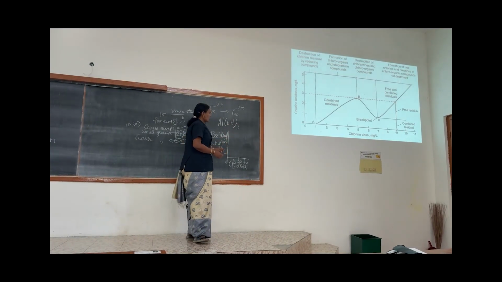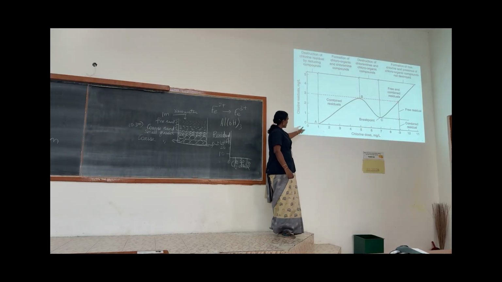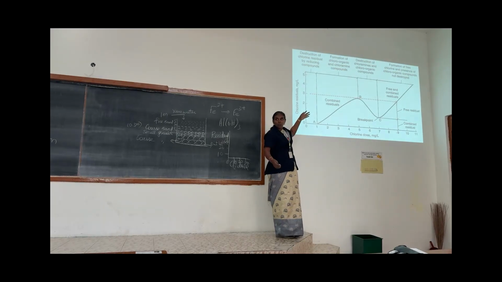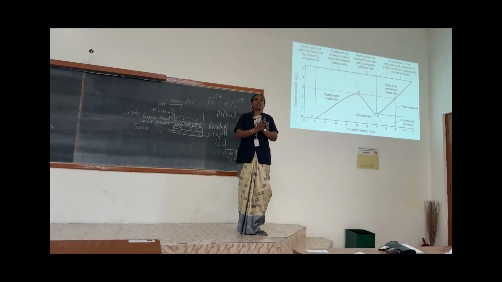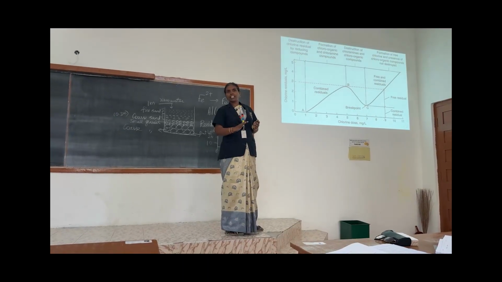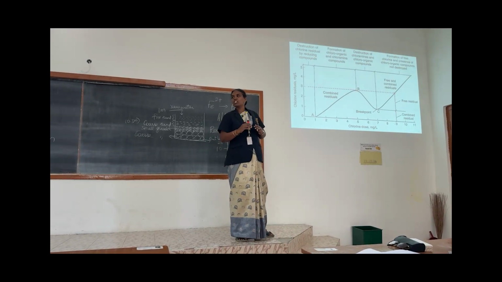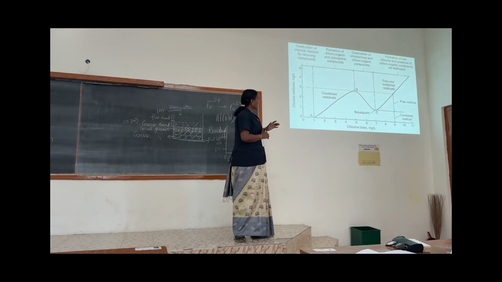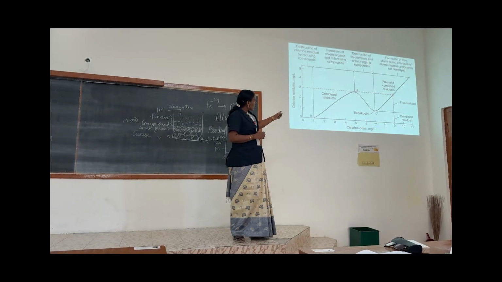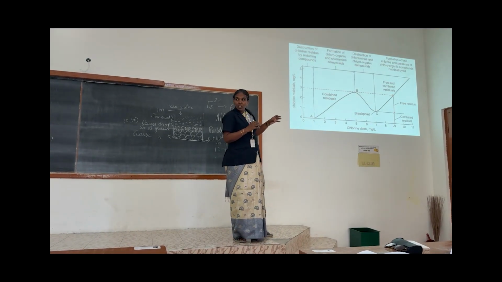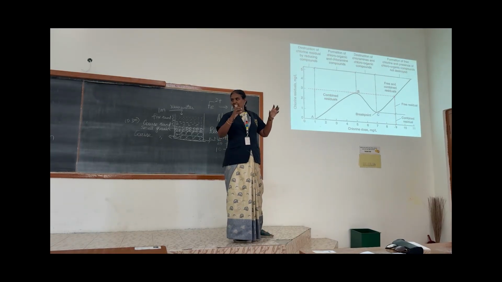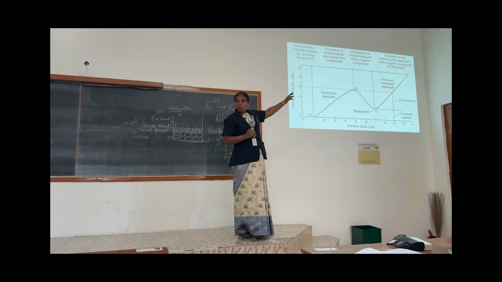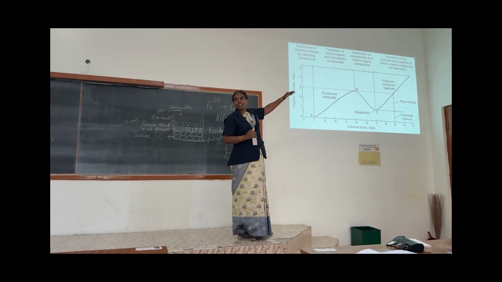First, see the graph. Initially we are adding chlorine from 0 to 1, but there is no residual chlorine. All the chlorine is used up. What is the function of this chlorine? It is used to kill the bacteria as well as oxidize organic impurities. Afterwards, at point A, chloramine compounds start to form. That is why the curve AB increases. The residual chlorine is high at point B.